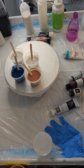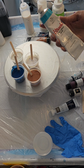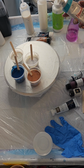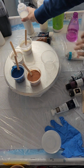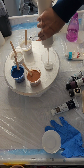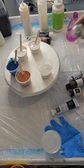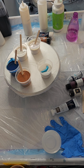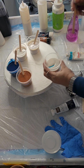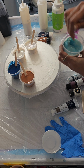We could do a little Utrecht. This is the brand I talk about quite a bit, going to Blick's. I think you pronounce it Utrecht, U-T-R-E-C-H-T. I'm not sure, but this is teal, and I will mix one of these up just because I want you to see this. When you mix it up, you can't use it right away. It's like it's got chunks in it. I don't know if it's their paint or what it is, but you have to let it rest like an hour. I rested it before an hour and then it was fine again, but when you stir it up, don't get me wrong, the color is beautiful, but when you